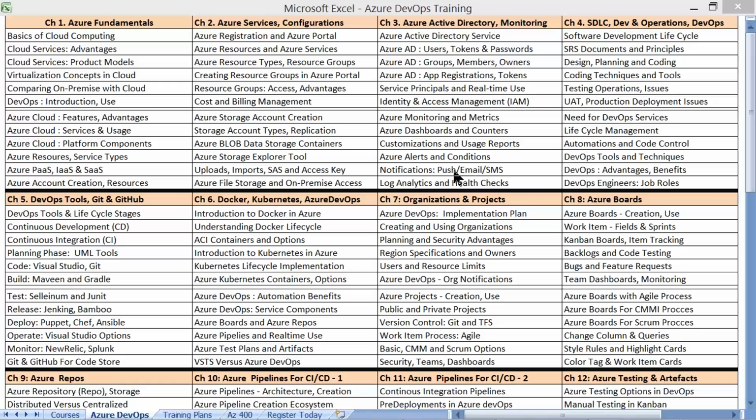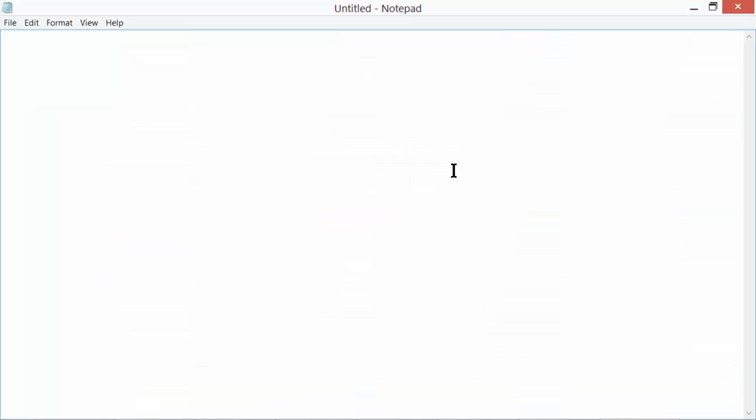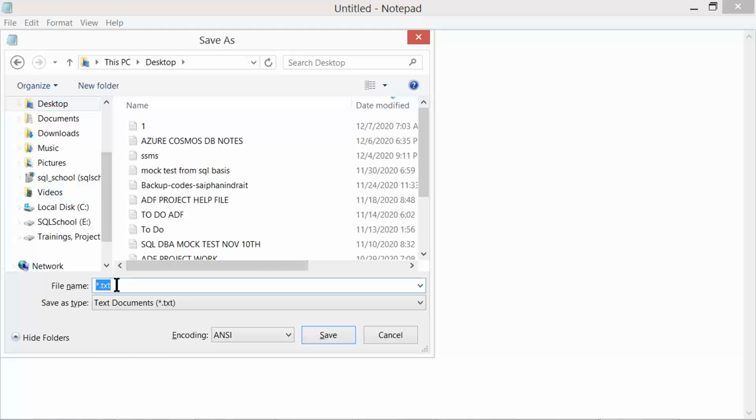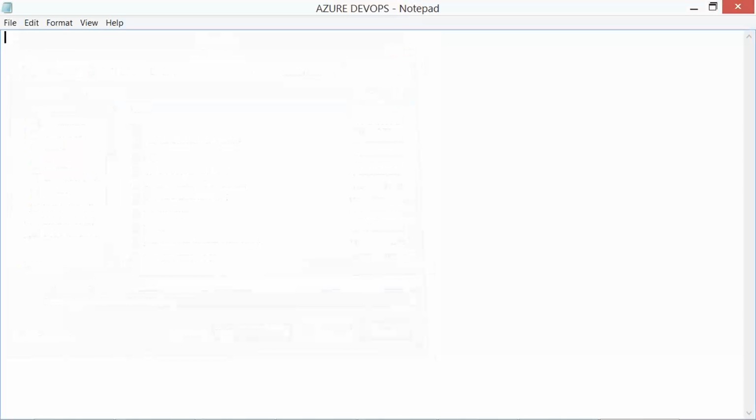So here we go. I assume we are very new and we'll start slowly, step by step. I'll just save this file so that you can access it after the class. So, the agenda. Let's understand what is SDLC, the Software Development Lifecycle.